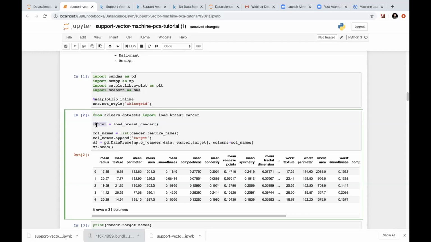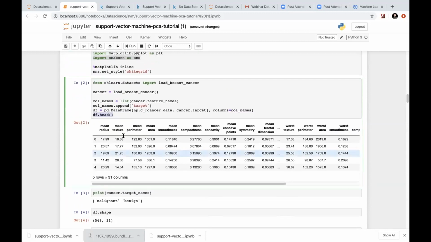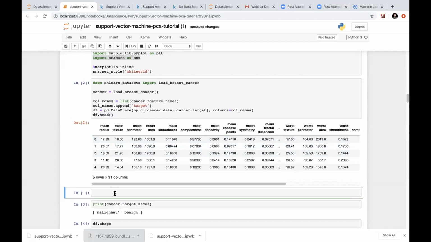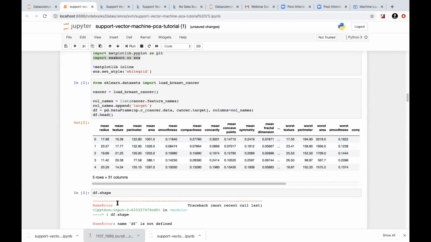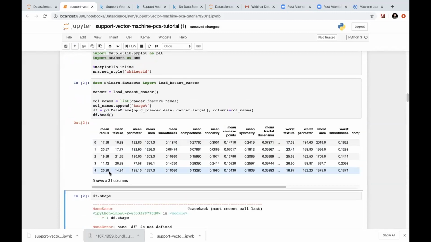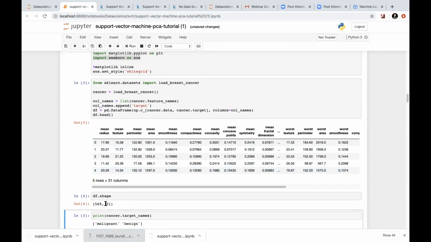I have loaded this dataset into a variable called cancer, and there I am creating a data frame from it, which you can see here. In this dataset you have different features. If I show you the shape of the dataset, you will see that we have 30 features here.